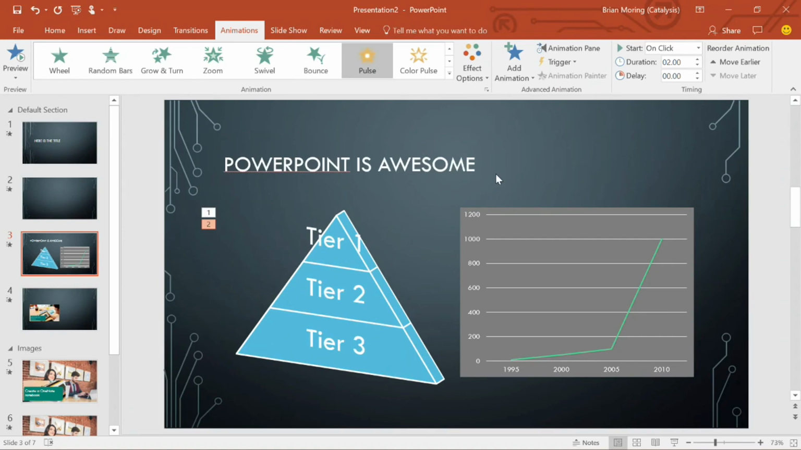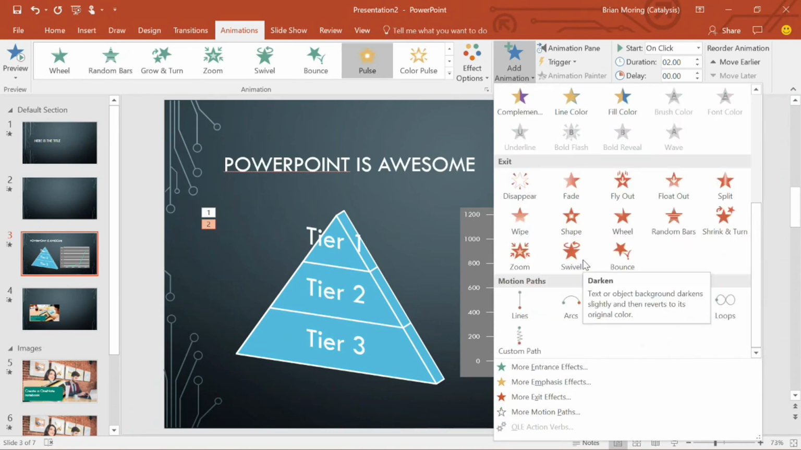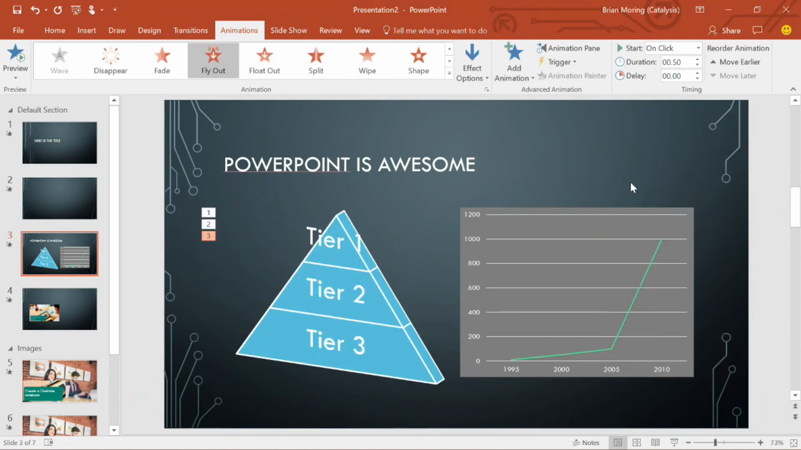Now the last animation we want to add is an exit. So let's go ahead and click on add another animation, and in this case let's have it fly out. How about that? So we're going to click on fly out and it'll disappear. Now if we wanted to see all those animations in a row, we could again click on preview, but